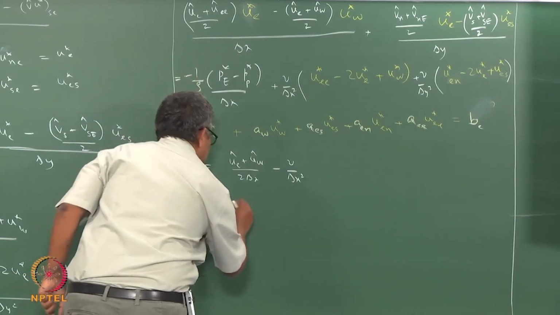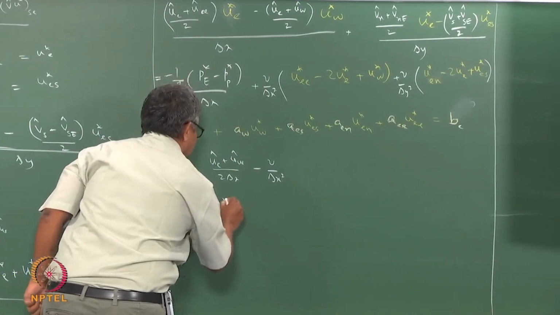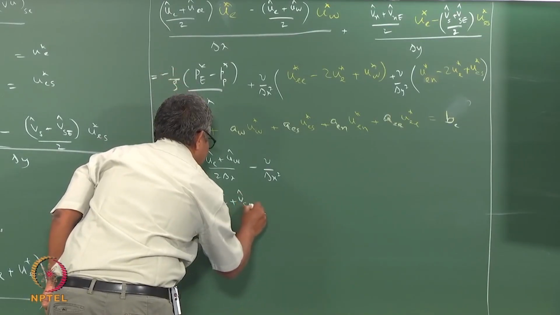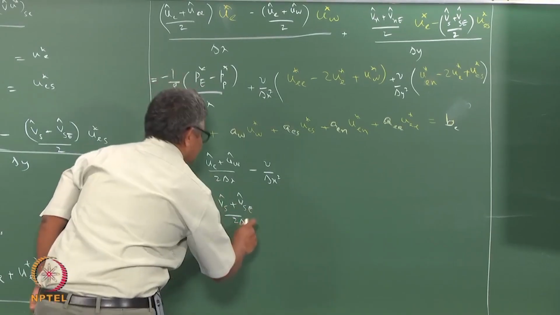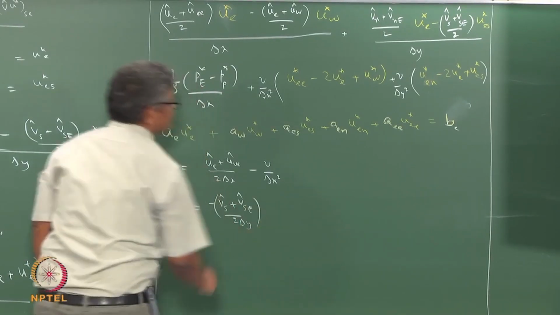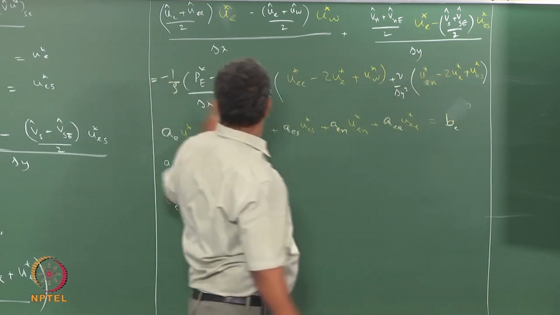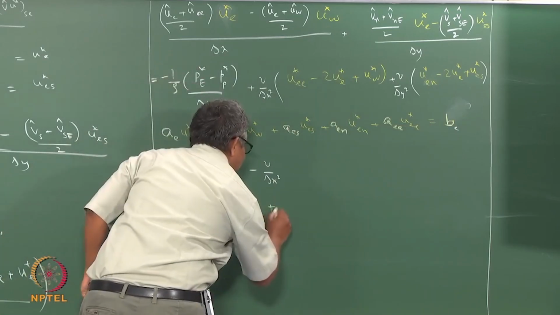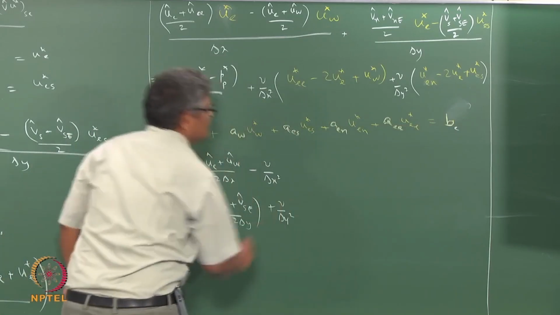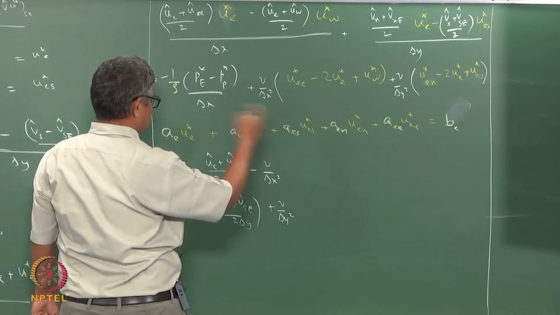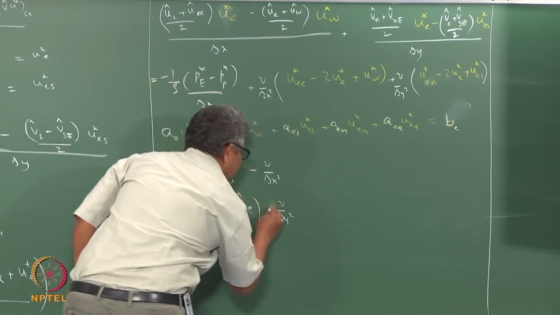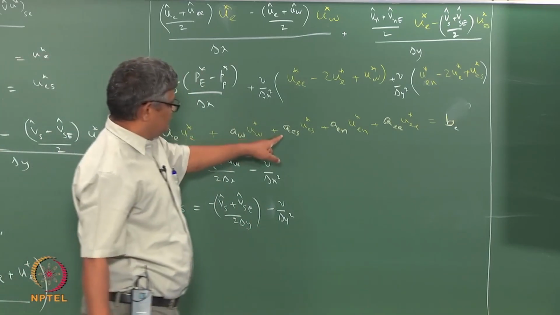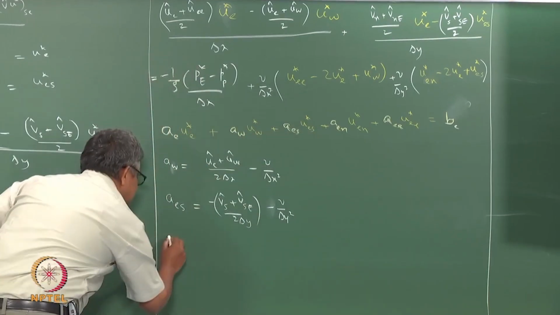So, you have minus v hat s plus v hat s capital E by 2 delta y, that is what we have from here, and there is also plus nu by delta y square. So, that needs to be brought on to the left hand side. So, this will be minus nu by delta y square is the coefficient for this, and similarly a e n,